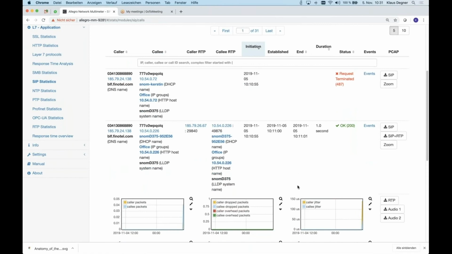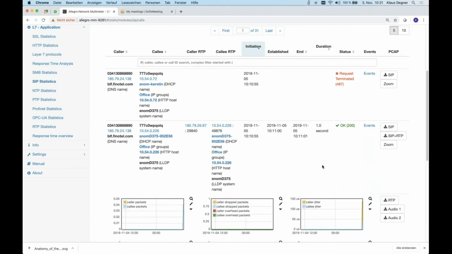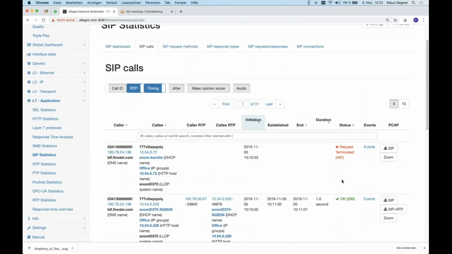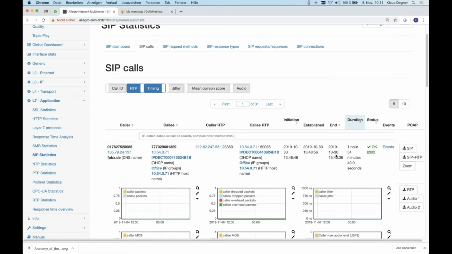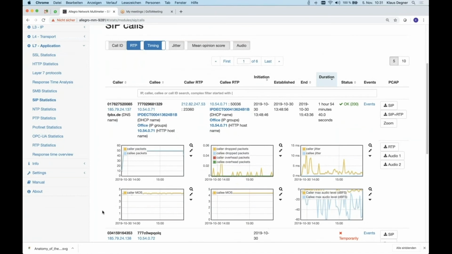So let me, for example, pick that call we did here. Okay, that was a 1 second call, so maybe it was terminated quite fast. So we can search maybe for some longer calls that happened in our network. So here we had a very, very long call. We can zoom to it, and then we can